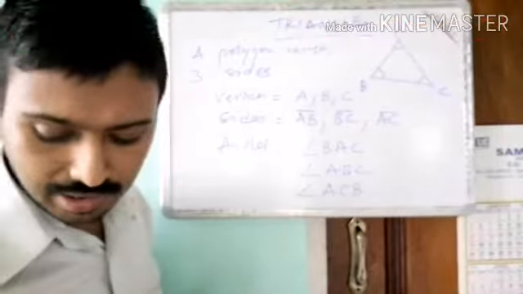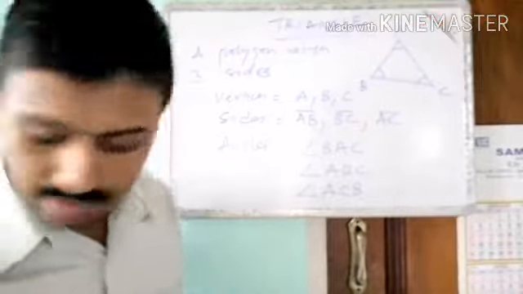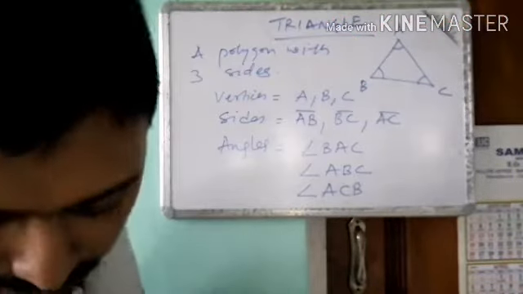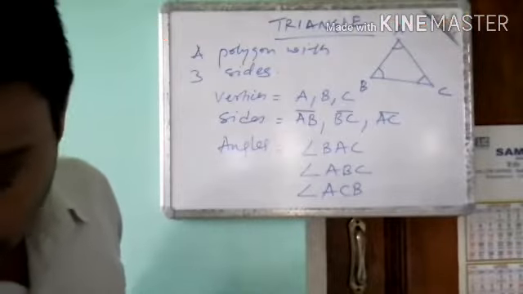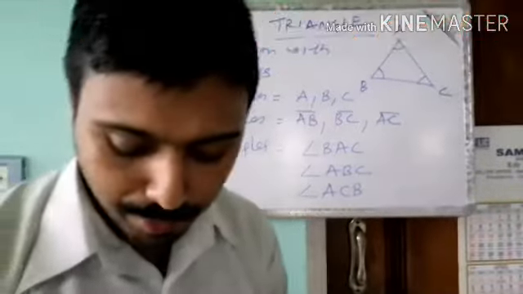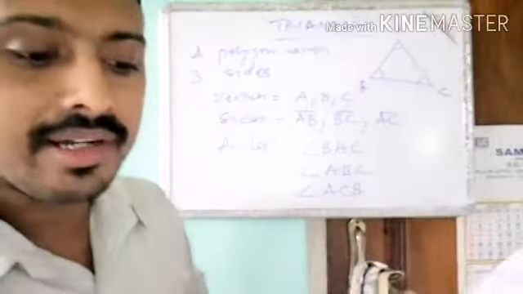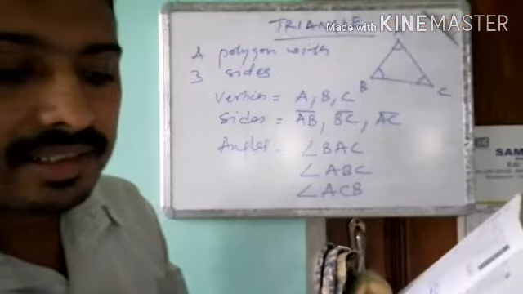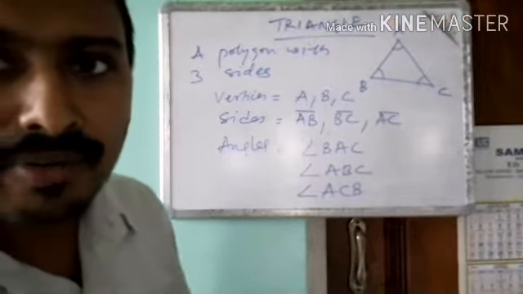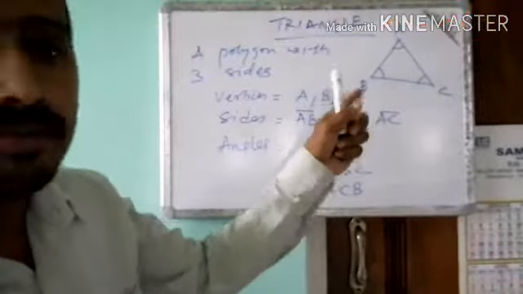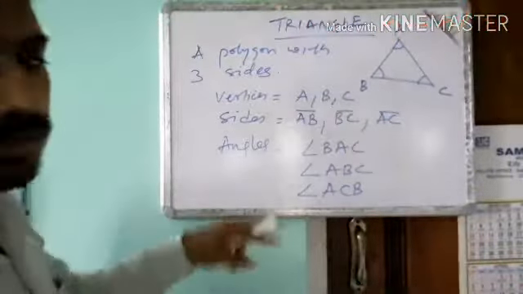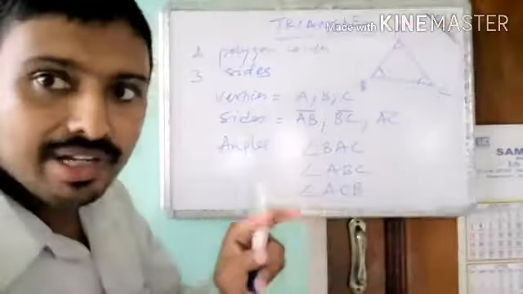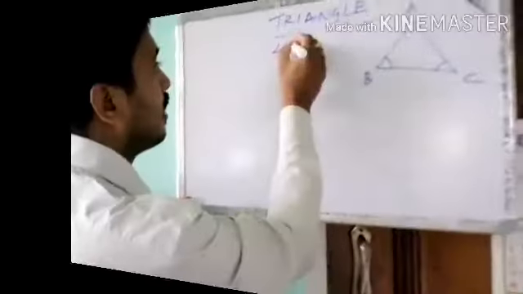Okay, from exercise 4.4, I have a small sum. Draw a rough sketch of ABC. Mark a point P in the interior and a point Q in the exterior. Is the point A in the exterior or its interior? The rough diagram ABC is already made. Let me show you here. This is to be written by you all. A triangle is a polygon with three sides. The polygon with the very least number of sides is a triangle.